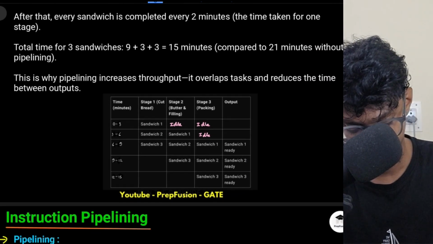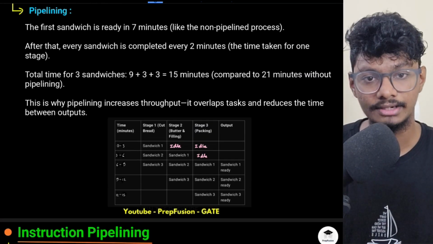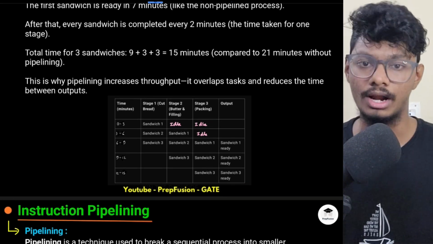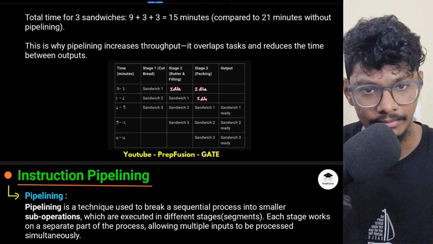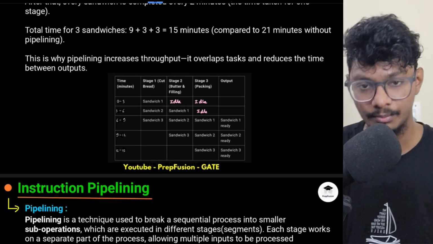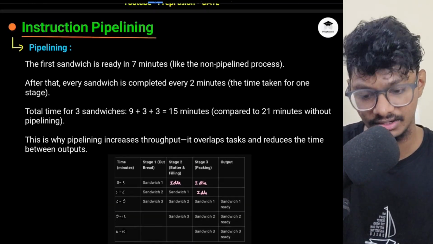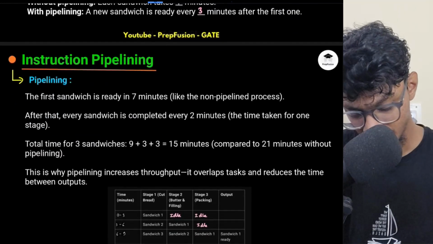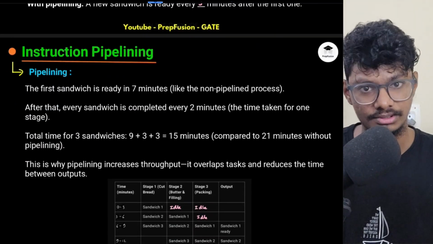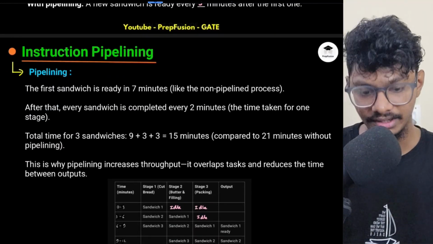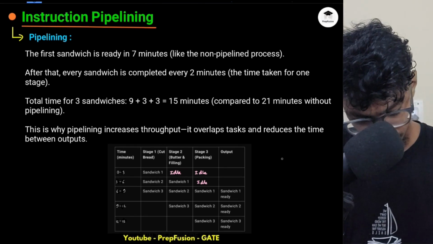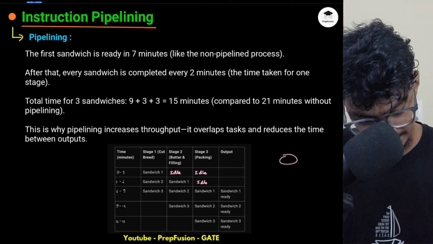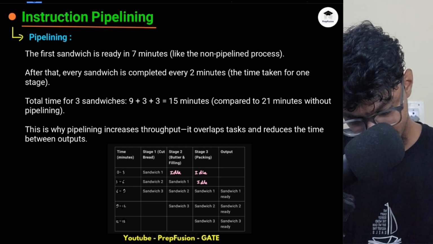So let's now understand what happens actually in our programs. This concept of parallel processing, with each processing happening in different tasks, is known as pipelining. Why do we call it pipelining? Because if you observe, it is just like a pipe. Why is it like a pipe? If I place a pipe here,